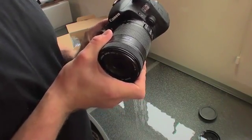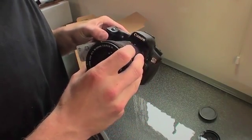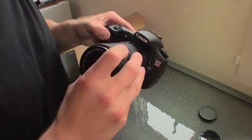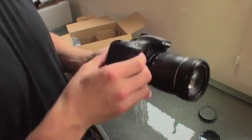But the thing that I'm really looking forward to is getting this lens on correctly. Okay. Alright. So there we have it. So basically,